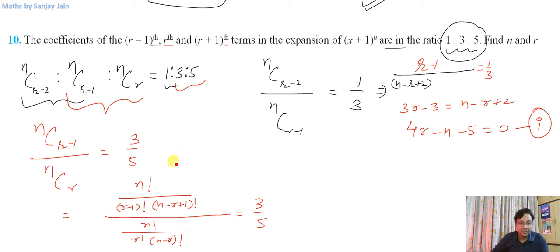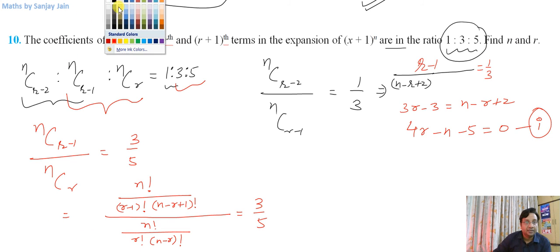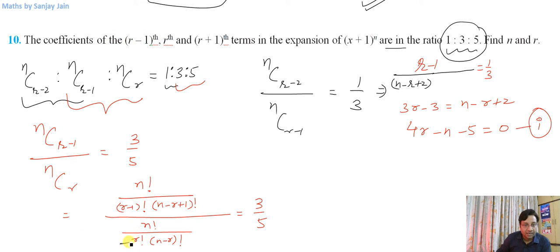Let us see what we can cancel and what we can remove. So if you see r factorial, this r factorial can be written as r into r minus 1 factorial, and this r minus 1 factorial will be cancelled with this. So effectively I'll have r here. So let me remove this factorial sign from here. I'll be left with this r, and this term is also gone. And you understand what I've done. This is what I've done.